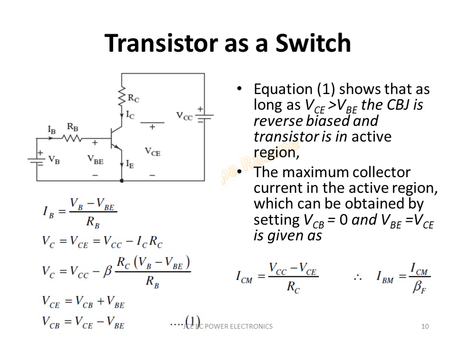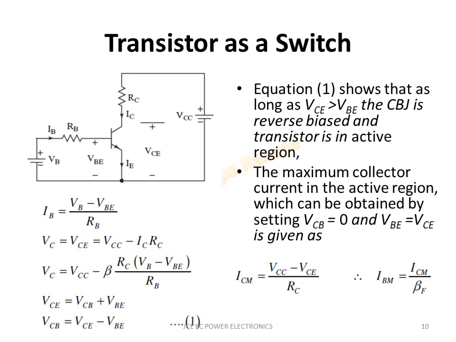See, what happens is, as I go on increasing the base current, the VBE also goes on increasing. A point will come when VBE becomes equal to VCE. And that is the point when this is equal to this. Hence, VCB is going to become 0, means this collector base junction will not be having any bias. And there is a free flow of current through the collector, and that is the maximum collector current. So that state happens when VCB is 0 and VBE is equal to VCE.